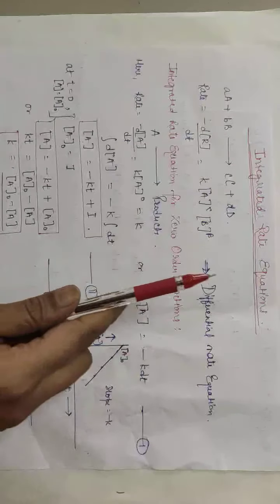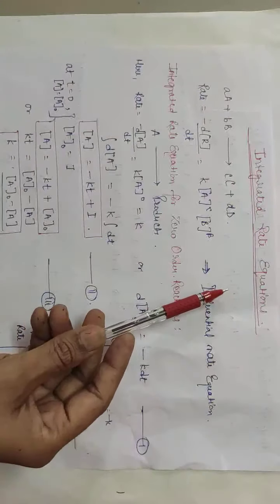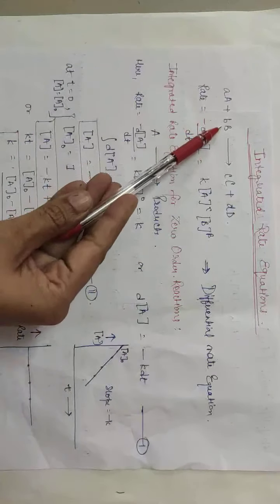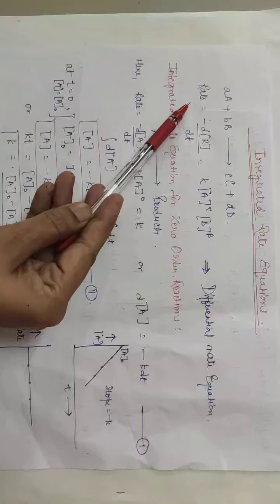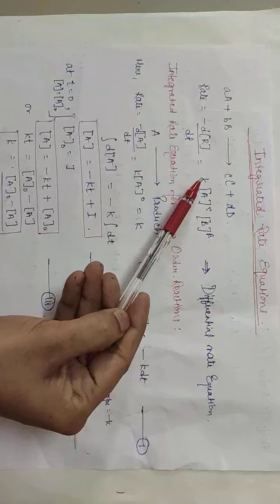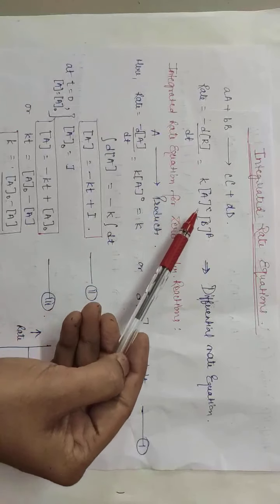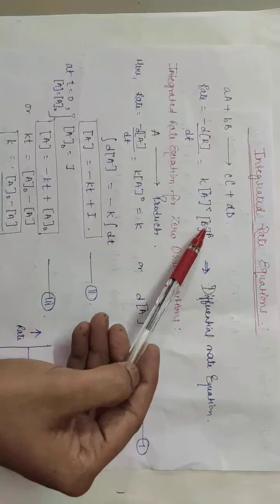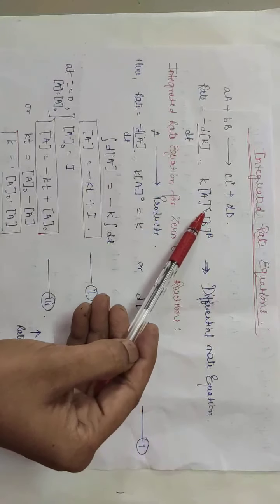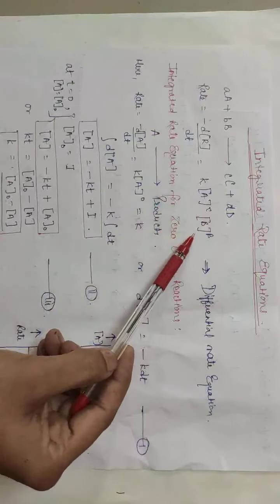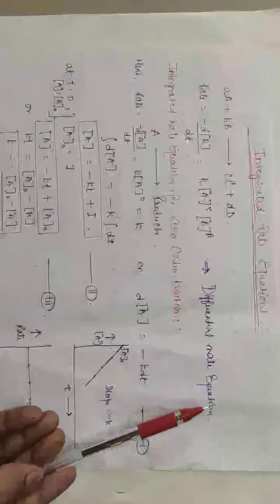Welcome student. In our previous video you have studied the rate laws, molecularity and order of reaction. For a general reaction of this type, you write the rate equation as rate is equal to minus dR by dt, which will be equal to K into the product of the molar concentration of the reactants raised to the power alpha and beta, where these represent the order with respect to reactant A and reactant B. This form of equation is known as the differential rate equation.